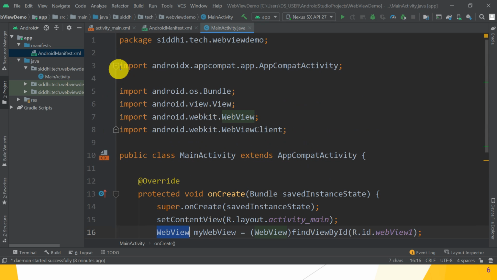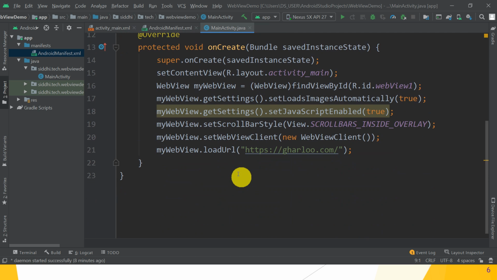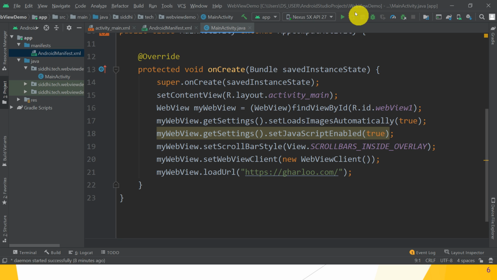So it is present in the android.webkit package, as well as the WebViewClient class is present in the android.webkit package. Guys, hope you understand all these steps. Now it's time to open your website, that is gharlo.com, inside your WebView control. So let's run this app